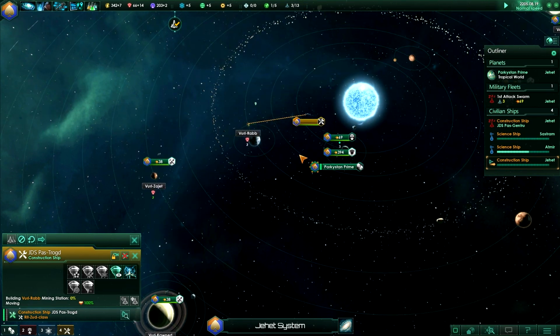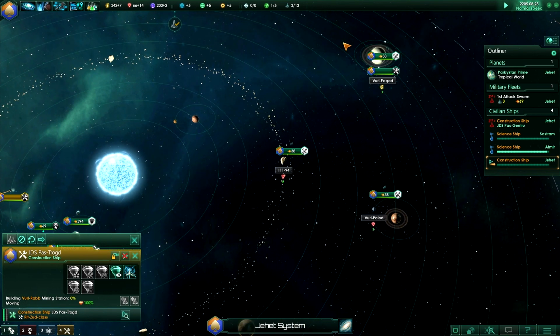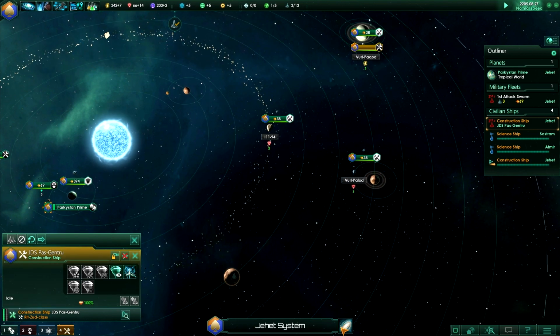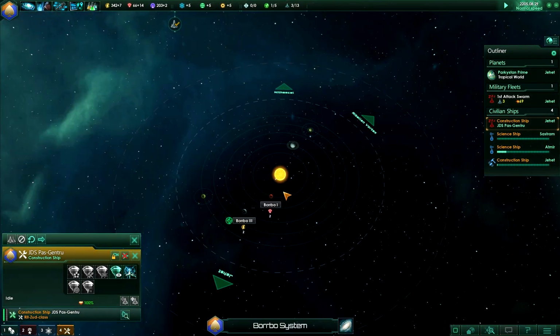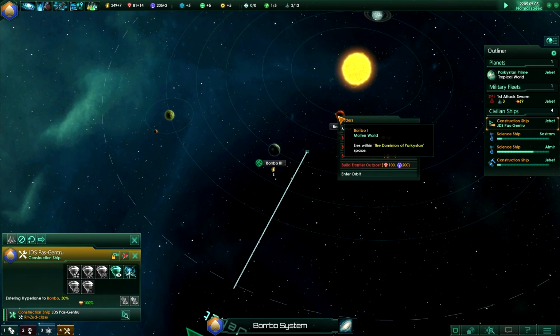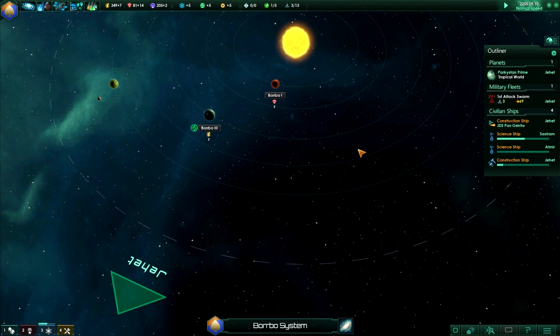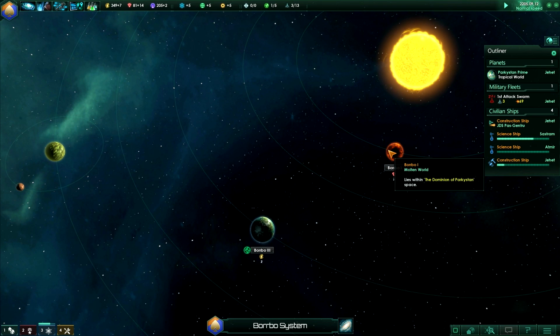But I think it's going to be worth it in the long term, getting all this sorted. So I think what I'm going to do is send this construction ship to the... What system was it? It was like the Boribo system. And we're going to start building stuff over here, because we're definitely going to inhabit this planet. We might as well build a mining station on this place. There's not much else in this system, actually, but we might as well take advantage of the things that are